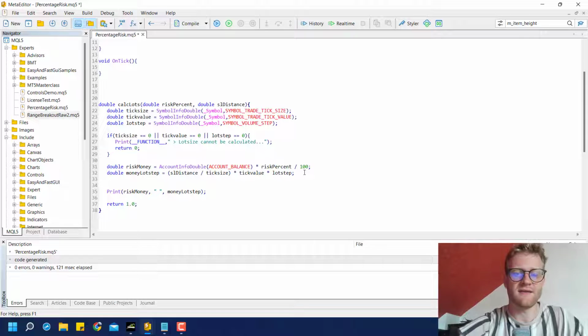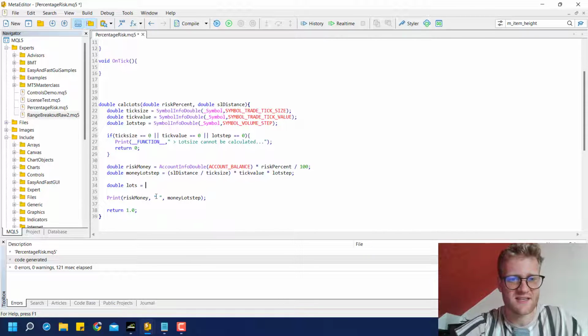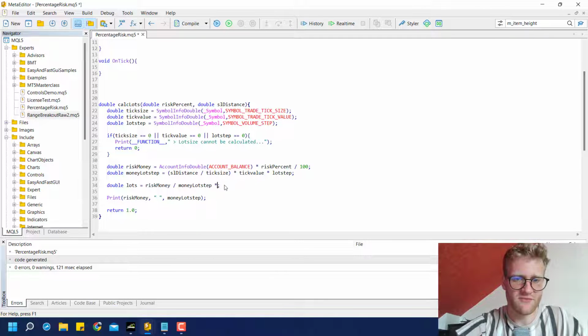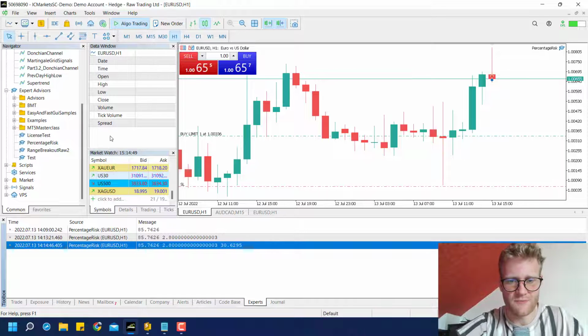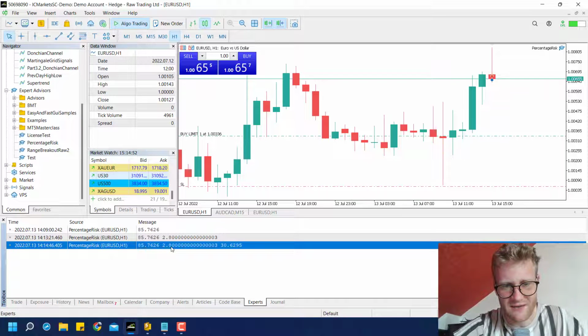So we can now calculate the lot step as follows. So we say the lots that we then want to open, we say risk money divided by money lot step. And we then multiply it with the lot step again. Because if we do not divide it, we can see the result, lots. So if we compile this, we will see something like 30, which is like we can put 2.8 30 times